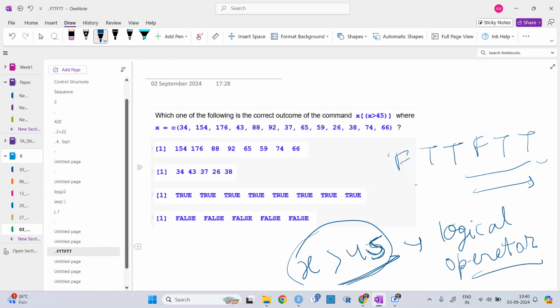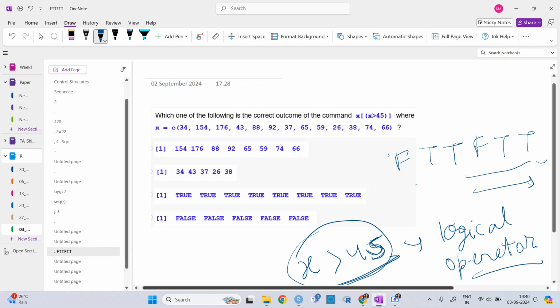And what about here, where we have put x greater than or equal to 45 and the bracket, the large bracket? If I write x in bracket x greater than 45, then that will be the answer.